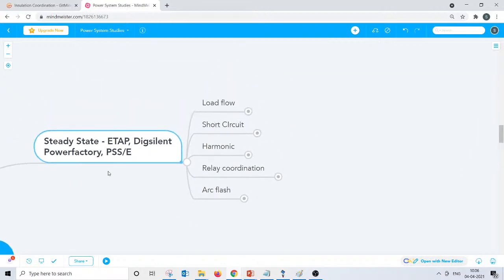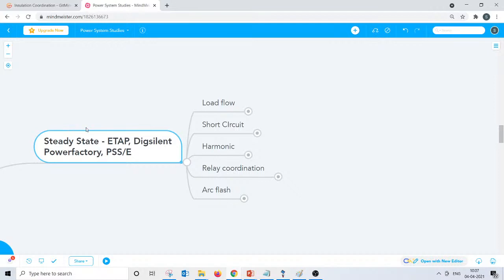If you want to find out the switchgear ratings, the short time rating of the equipment, or the breaking, making and DC breaking capability of the circuit breakers, then the study you are performing is a short circuit study, where you find the symmetrical current, asymmetrical current, DC current, etc. All this comes under the short circuit study, which is a steady state analysis, not a dynamic study or a transient study, right?